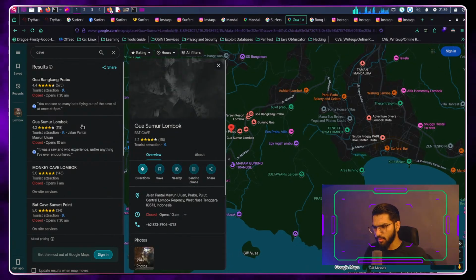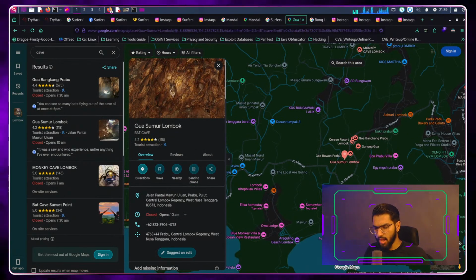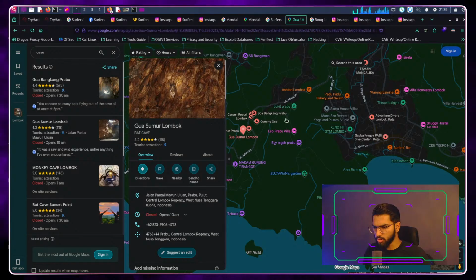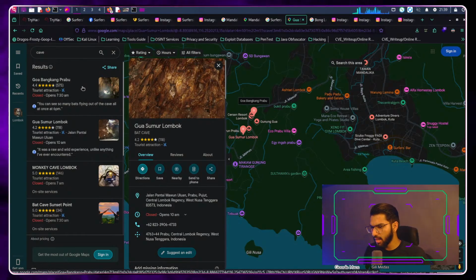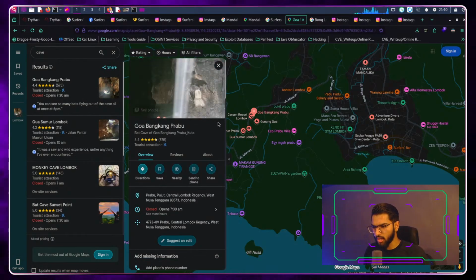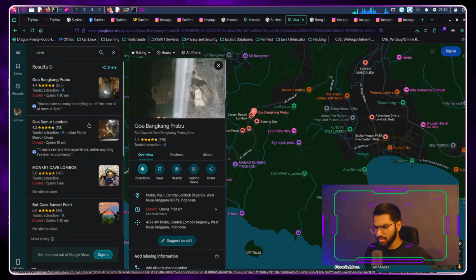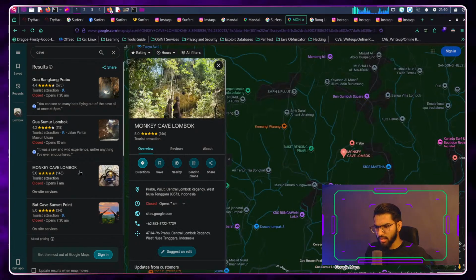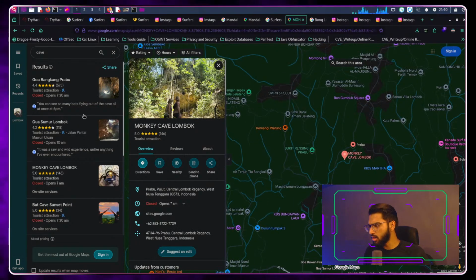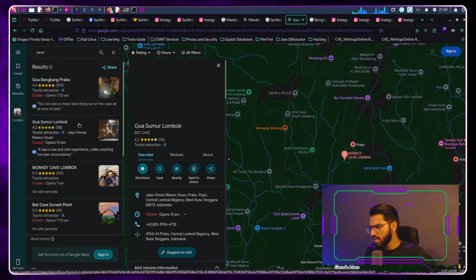What about this one? So this is also close to the area. Now, if you are going after a party, you would not choose something which is part of another continent totally. It would be something very local and very nearby that you would want to go to. So the possible places are these two caves that I can see in front of me, and the other one is quite a bit far. It's not too far, but quite a bit far.